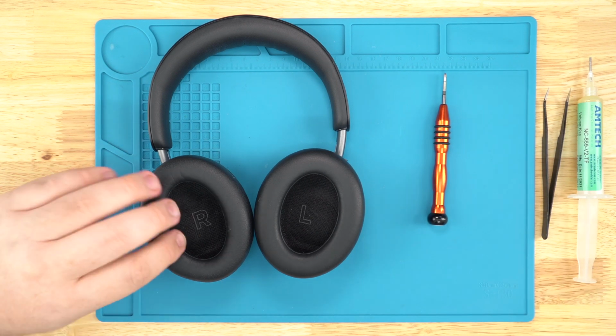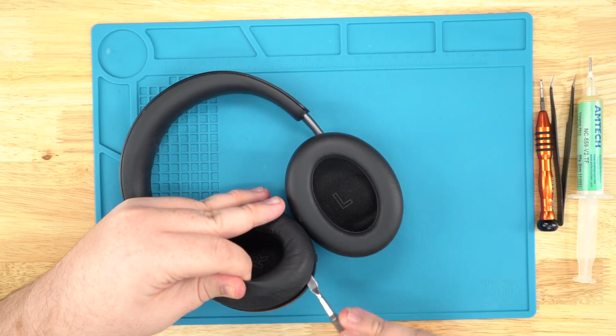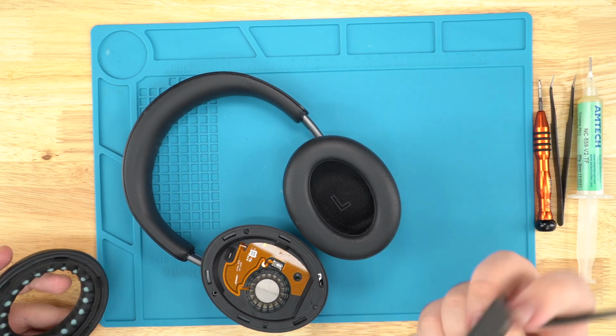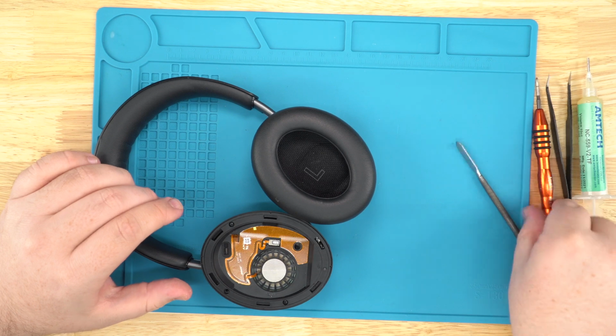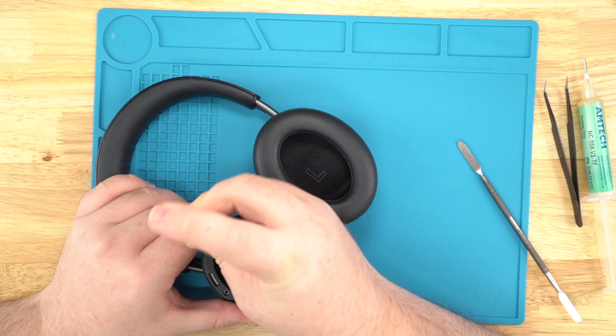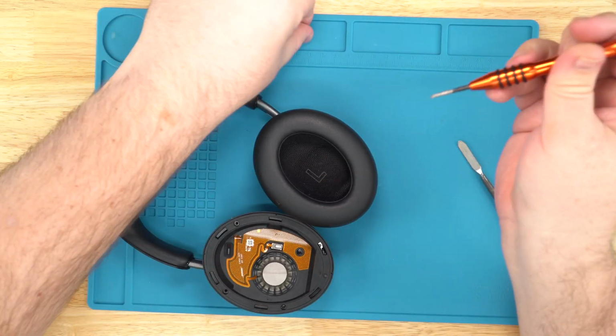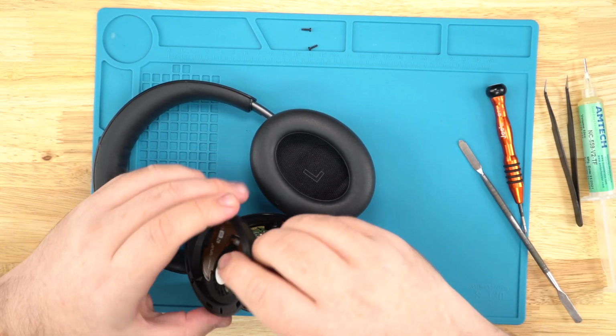First, we'll start flipping the headphones over. I want to take the ear pad off, and that is as easy as using this pry tool. It sits on 5 clips, 6. Once you get the first 3, the rest pops off. And this does sit on tape, but I've done so many videos with these headphones, the tape's kind of giving out. Want to remove that. Now, usually you have 1, 2, 3, 4 screws that you see here. I have 2 of them taken out already just to make it easier, and you'll have to take out these top screws. Once those screws are taken out, pop this off, grab your flat pry tool, pick up that clip,